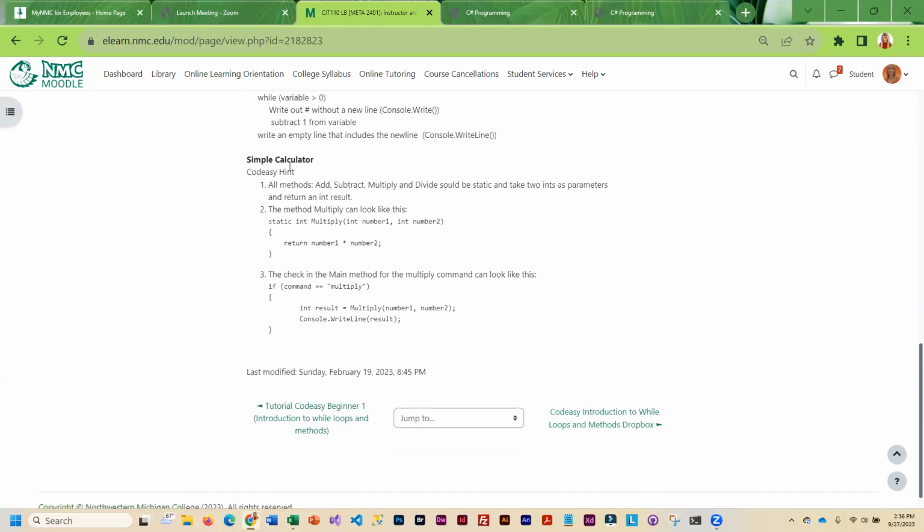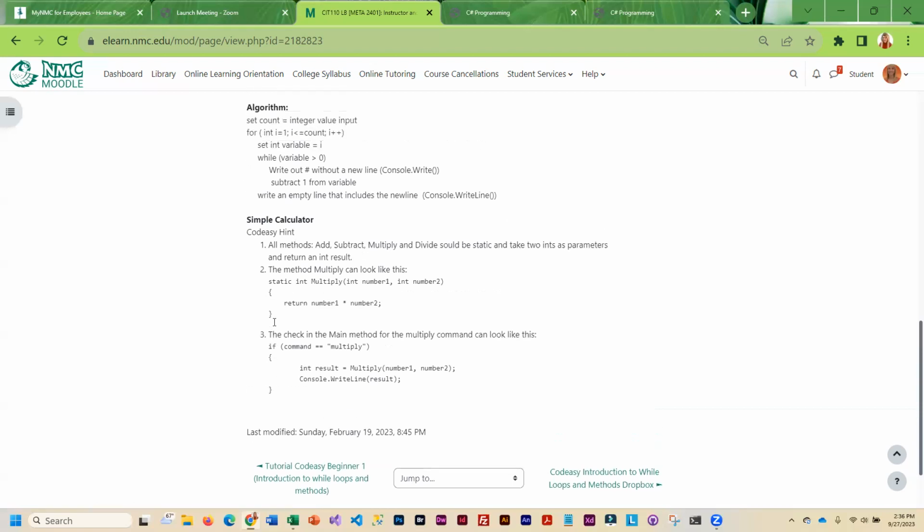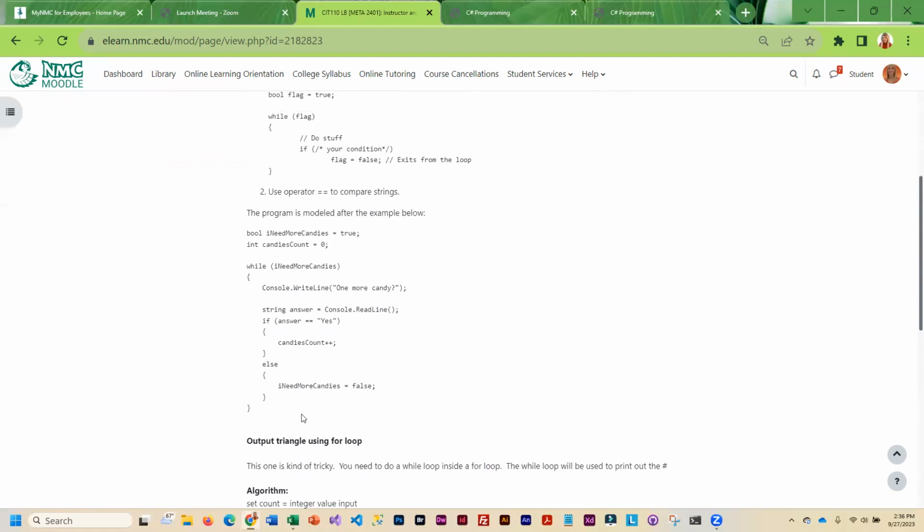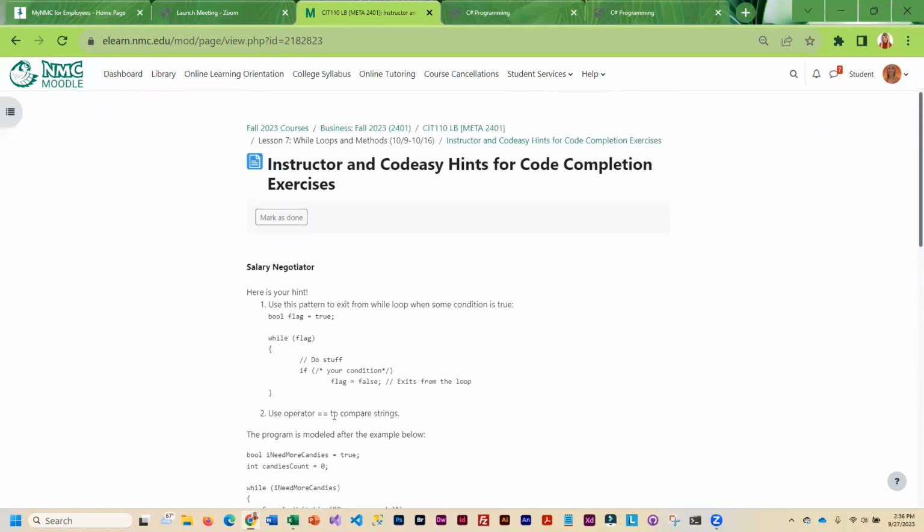Okay. And then you can see for simple calculator, Code Easy used to give hints for their exercises, and they don't anymore. But this was a Code Easy hint that was helpful. So you should definitely take a look at these before you work on those exercises.